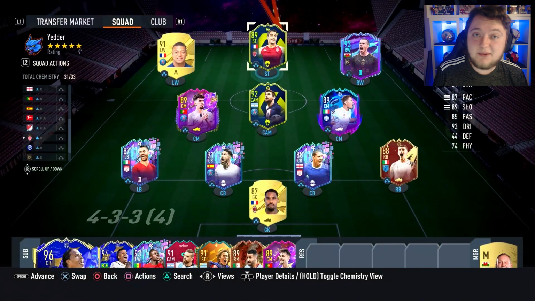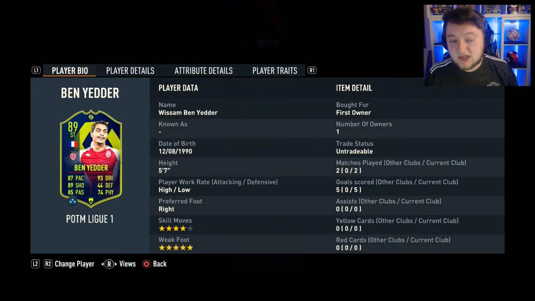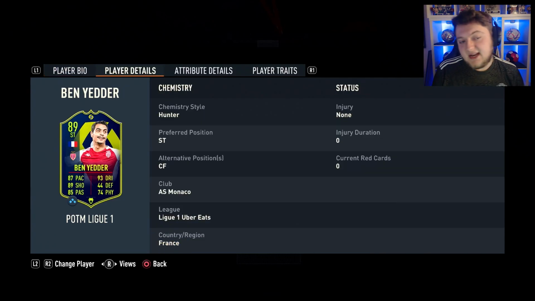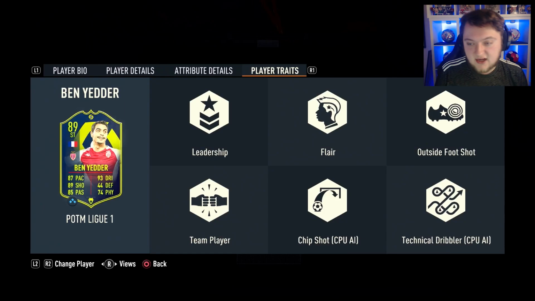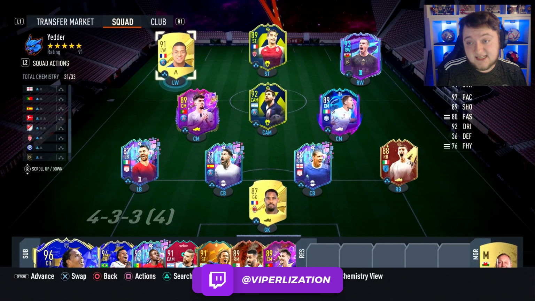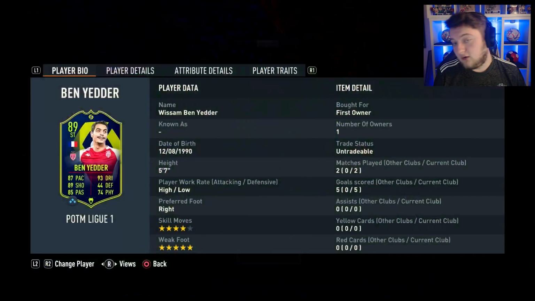Ben Yedder is coming in at 87, 85 and 83 rated squad, and he's somewhat comparable to his Centurion's card. The Centurion's card has 1 less passing, but 1 more physical. So it's an interesting little upgrade or downgrade, I guess, in some regard for this Yedder card. And he is in this team right here, guys. You can see that you've got him linked up with Mbappe, Vitinha, Ramos, Messi, and also, I guess, Maignan as